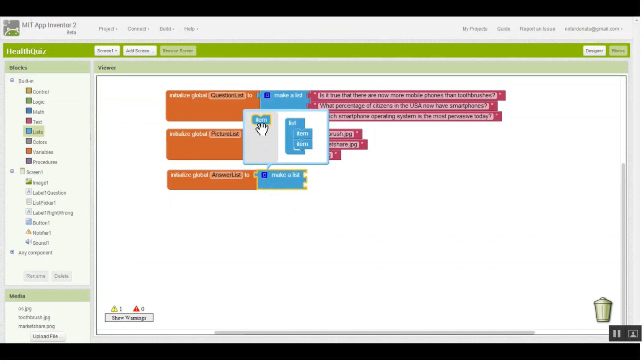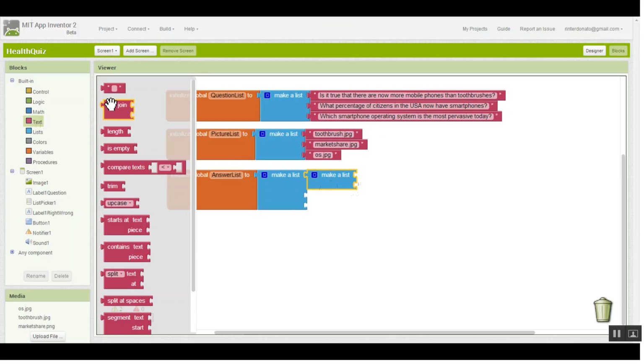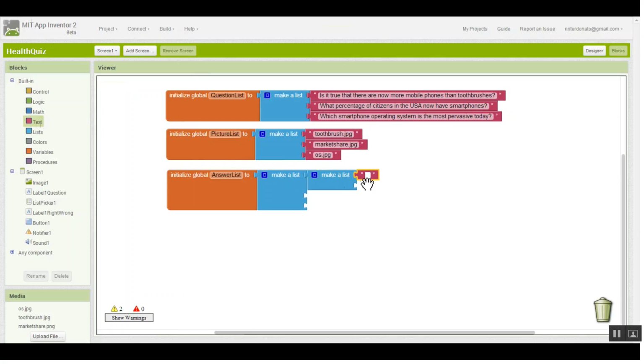We're going to have 3 different lists. And since we are making a multiple choice set of answers, we are going to have a list of lists. So for the first question, is it true there are now more mobile phones than toothbrushes? What we're going to do is put another list in here, and since it's true and false, we're going to have one value of true, write out true, duplicate it, next one will be false,